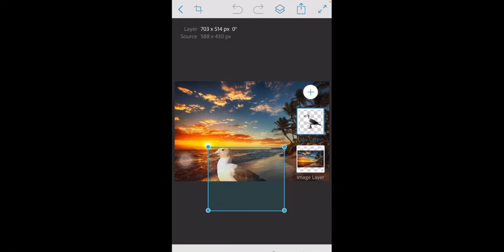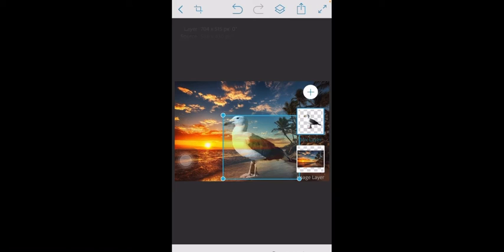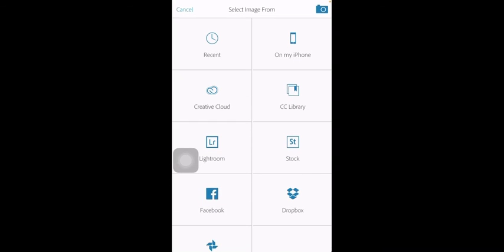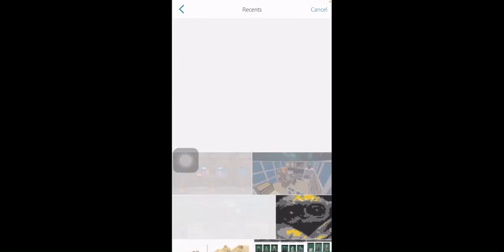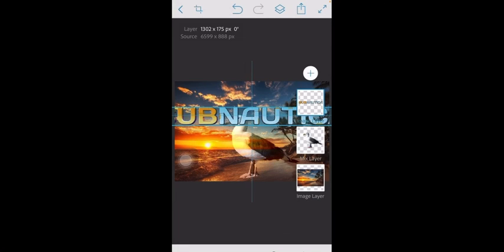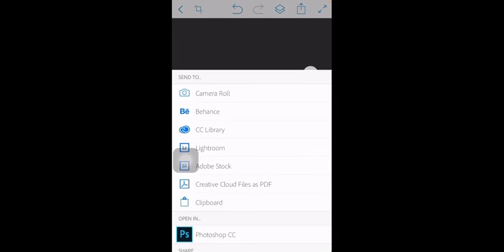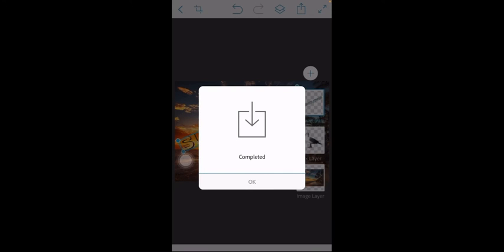Okay, try number 2. So, I accidentally pressed the wrong button and that completely shut down the thing. So we're going to do this yet again, and the Subnautica logo, you can do this, etc., all that stuff. Now this time, click on the square on the top with the arrow pointing straight up. Click on camera roll. If you want to keep it,